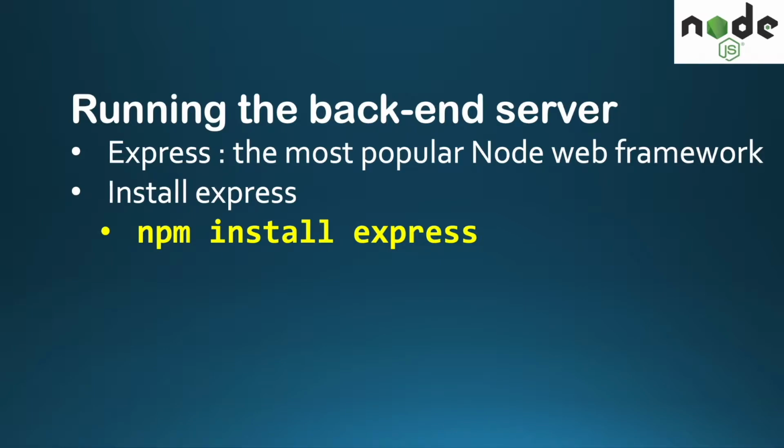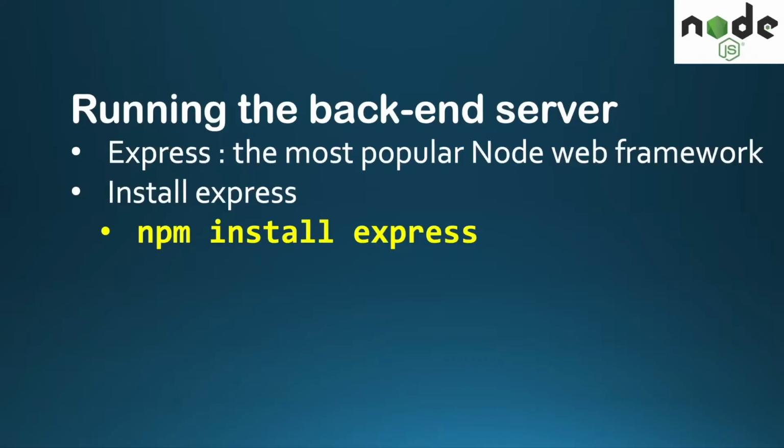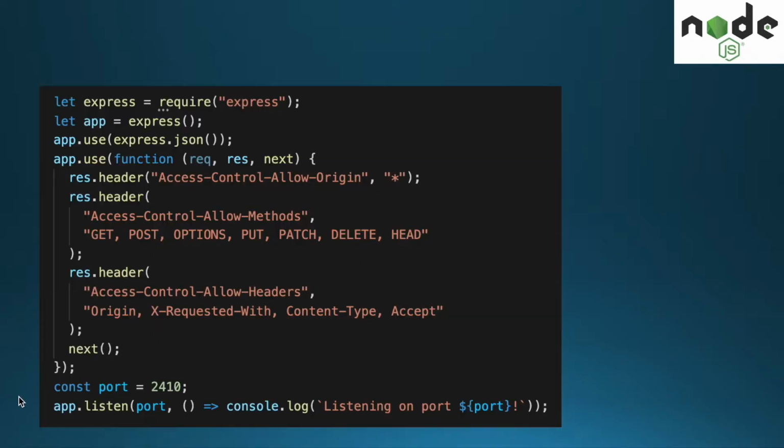And to install Express, we will say npm install express. So we can go to our Visual Code and in the terminal, just type in npm install express. And once we click enter, we will be able to install it. Once we have installed our Express, then there is a bit of boilerplate code which we will just type in and run. And the purpose of this is to create a server and make it listen on a port.